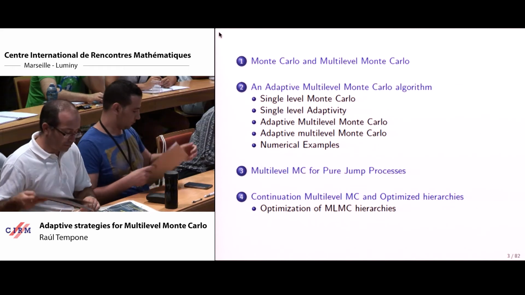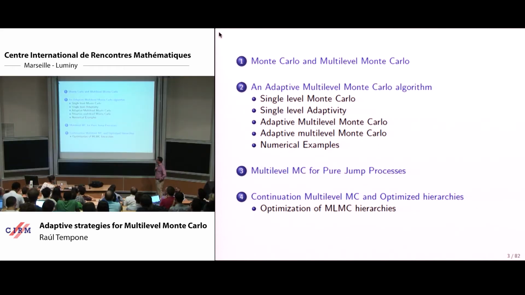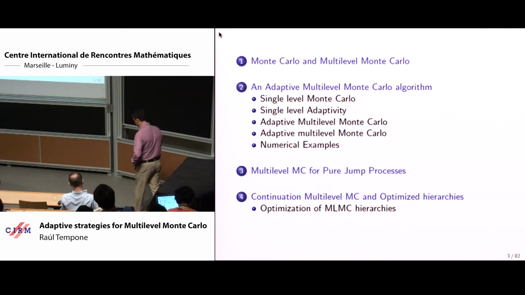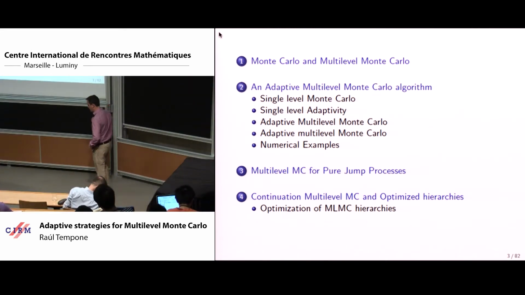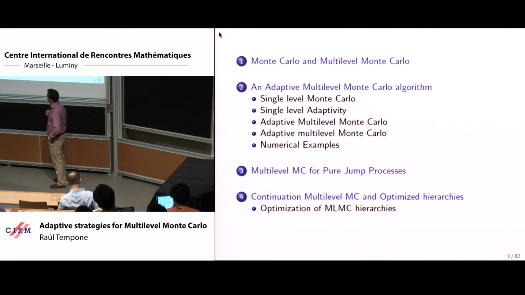So most of you are very well acquainted with Monte Carlo and possibly multilevel Monte Carlo as well. So I will recap a little bit just to set up the notation at the beginning, so we both speak the same language, and then we go into different versions of adaptivity. As you will see, there are many ideas for adaptive approximations in multilevel Monte Carlo. And for that reason also, I will touch upon different models.